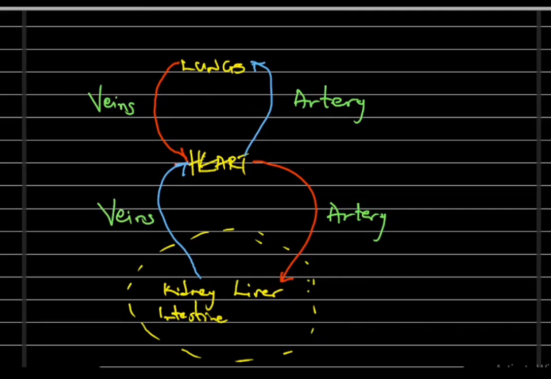So we have this now. Now, these ones here that take blood from the heart to organs of the body, they are carrying oxygenated blood. And then the one that is taking the blood from the heart to the lungs alone is carrying deoxygenated blood. And then on the other side here, the vessels that are taking blood from the organs of the body back to the heart, they are carrying deoxygenated blood. And then the one that is carrying blood from the lungs back to the heart is carrying